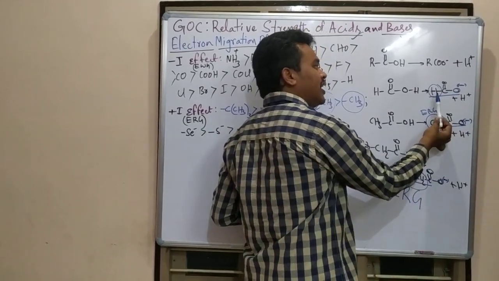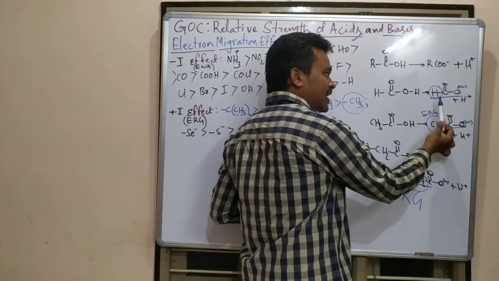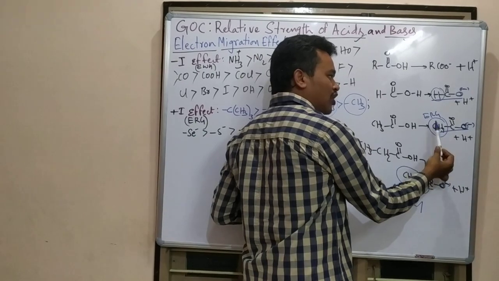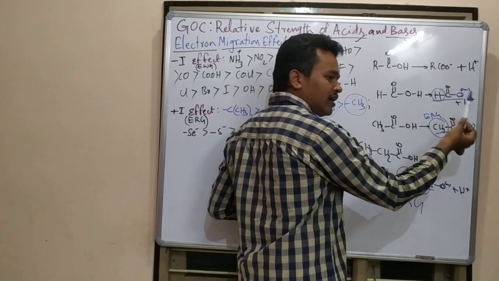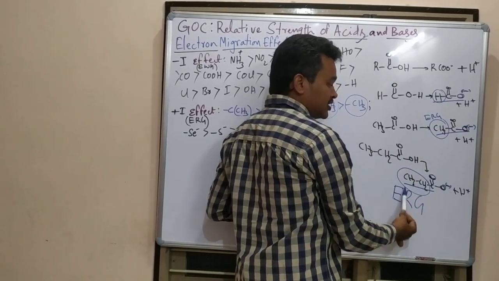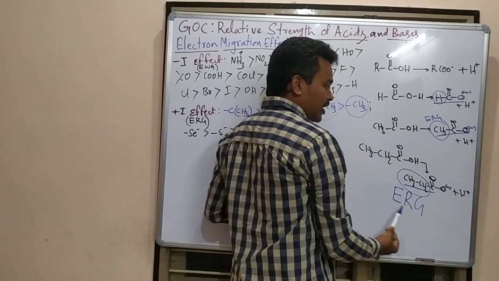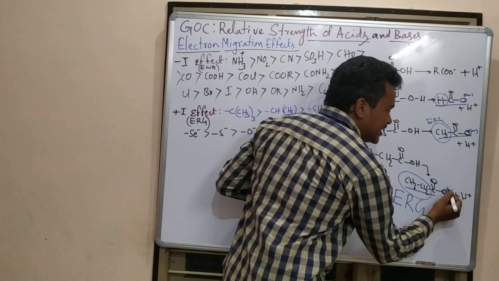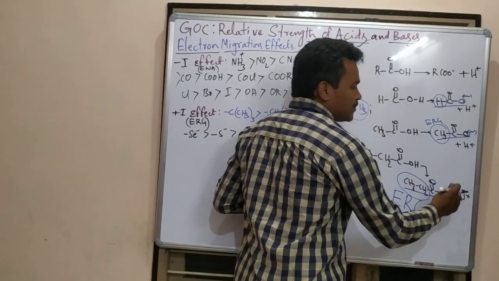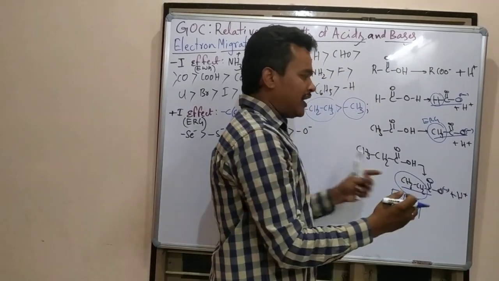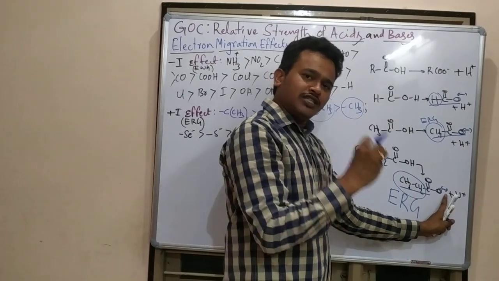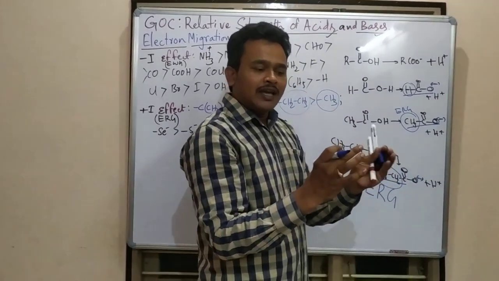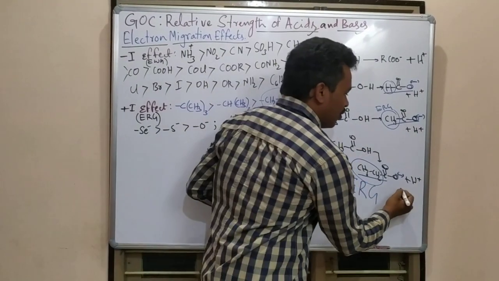Here, in these equivalent structures, who is going to decide? This group is going to decide. Here hydrogen is not electron donating, not electron withdrawing. CH3 is electron releasing, meaning electron donating. CH3 CH2 is more electron releasing, based on the list. So when it is donating, this negative charge becomes more negative. Already the negative charge means electron density is there, and still it is donating electrons, so the negative charge will become more negative.